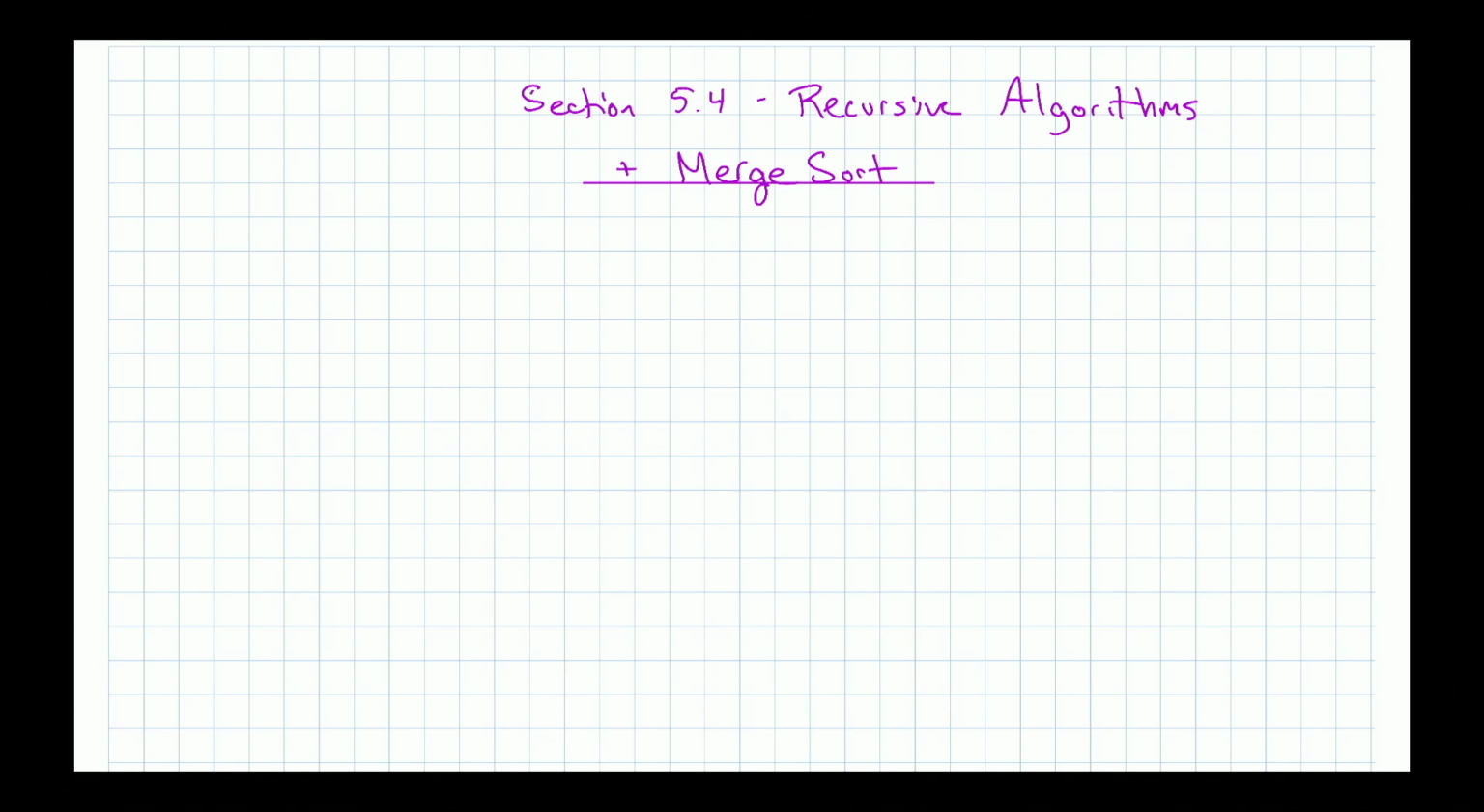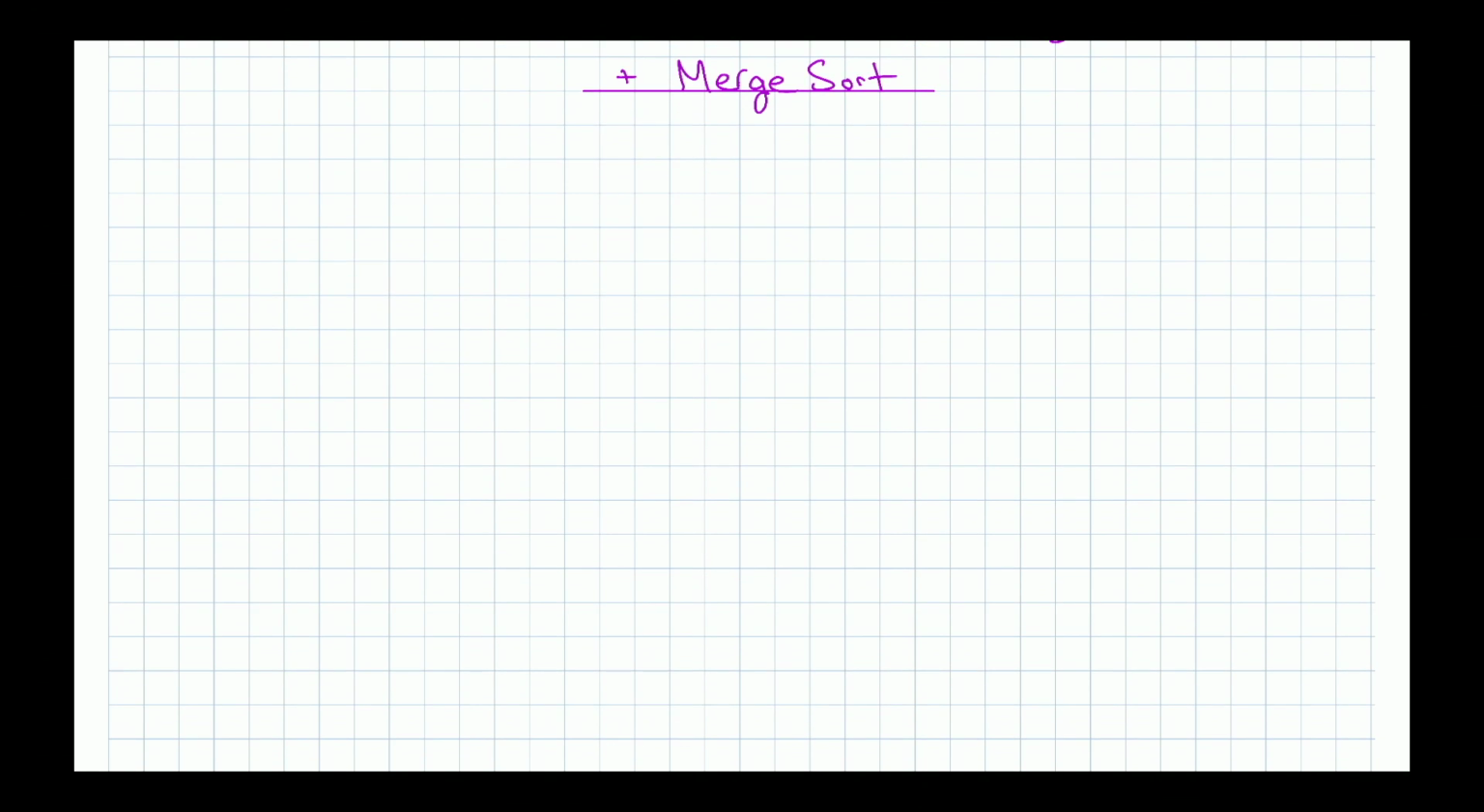Anyway, let's go ahead and get started. What we're going to be looking at today is section 5.4, which is recursive algorithms. We'll just go ahead and get right into it. So we've seen recursion before in this class, right? We've seen